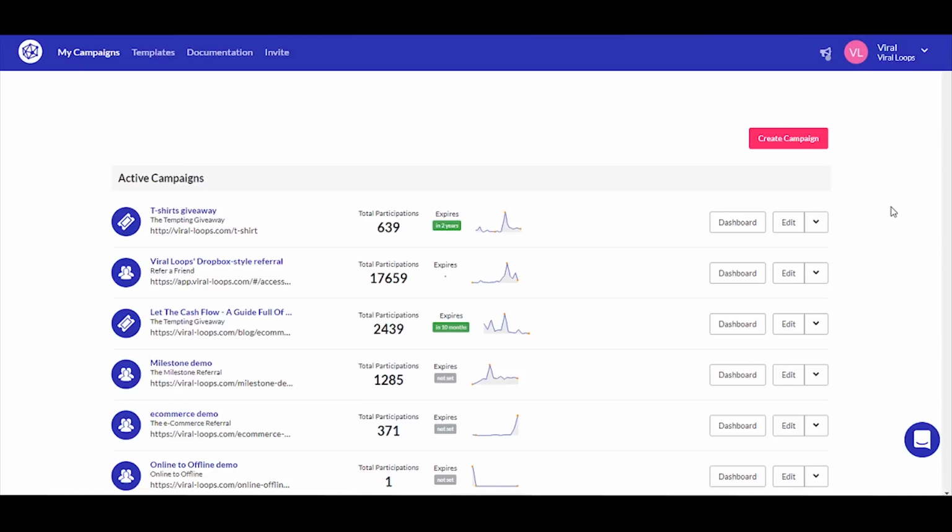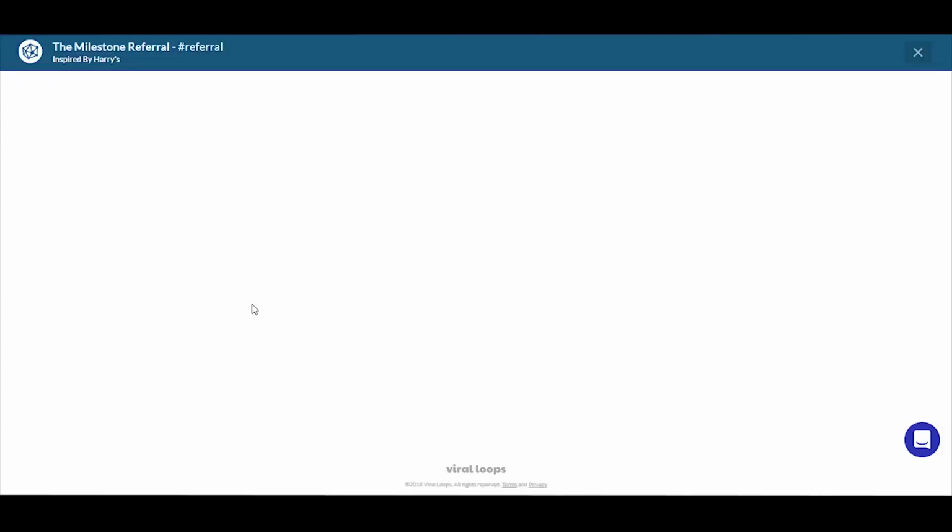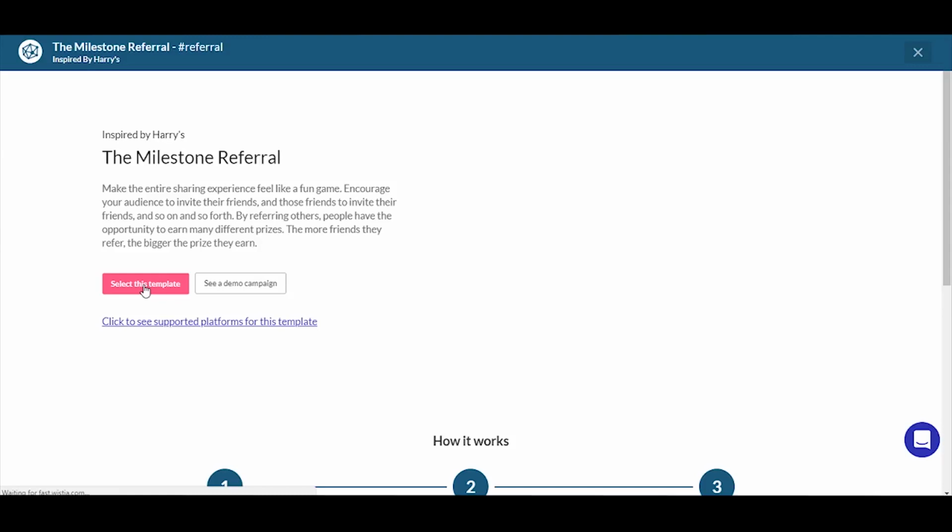The first thing that you need to do is, of course, to log in to your Viral Loops account and select to create a new campaign. Then you have to select the milestone referral template, select this template, and again select this template,